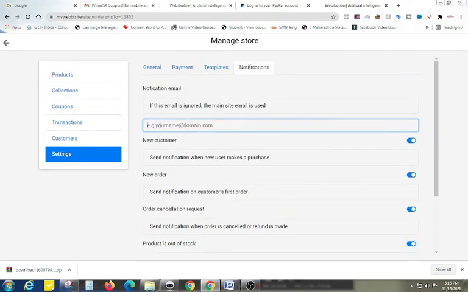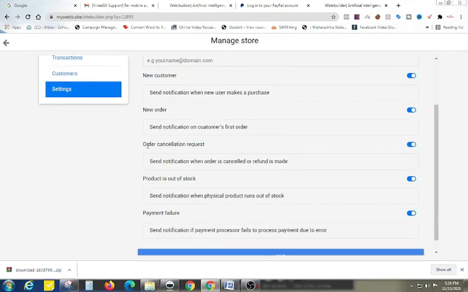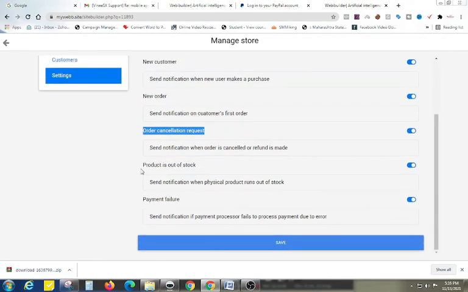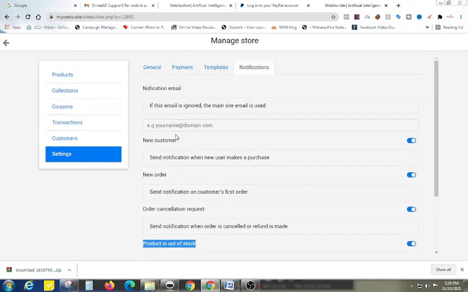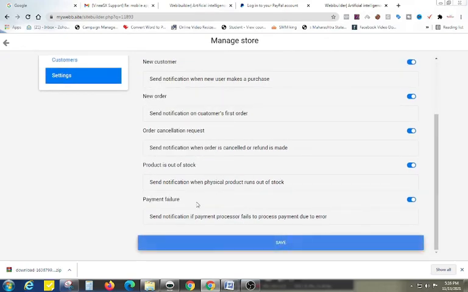You have to write down your email ID and you will get notifications like a new customer, new order, order cancellation, product out of stock. All these notifications you will get through the email which you write down here. Just click on save.